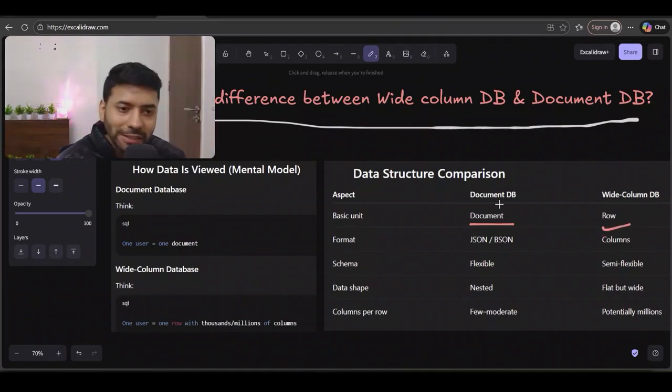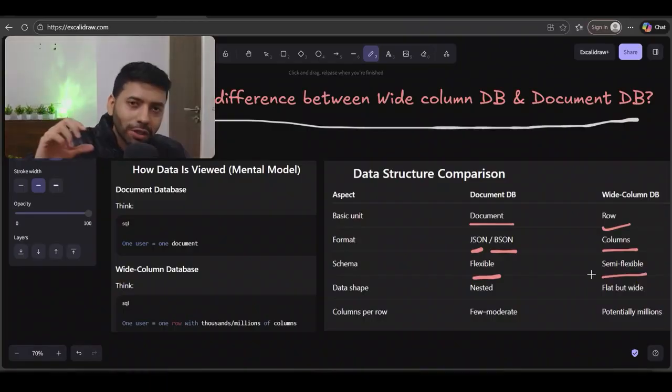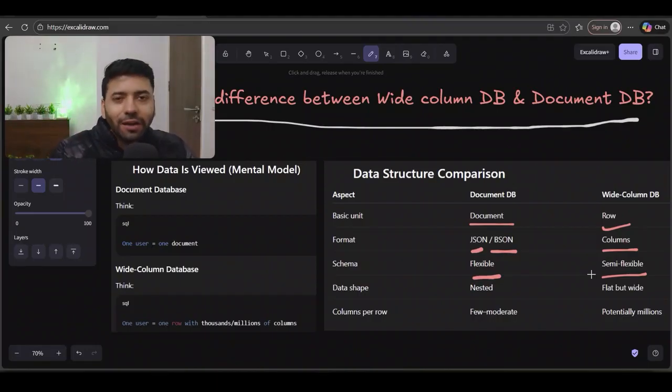The format, as we said, it stores in a document. The format of the document will be mostly JSON or BSON, whereas for wide column database, corresponding to the row key, we will have the columns. When we talk about the schema, document database is flexible. Wide column database is semi flexible, because you saw that for the user ID we have columns related to time, right? So the total number of columns can totally vary based on the row key,